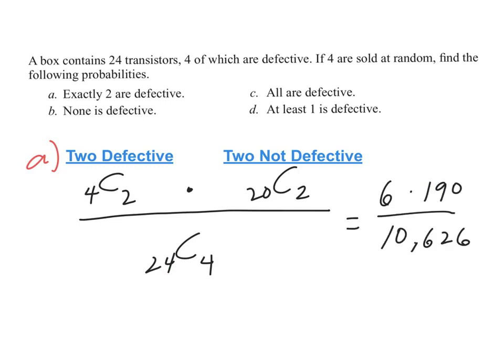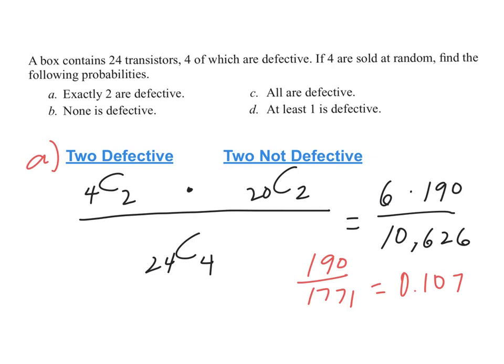10,626. Correct. Okay, so that's really what we're doing here. And if you still don't know the formula for combination to come up with these numbers, that's something you need to work on to get there. Okay. Now, as it turns out, 6 goes into 10,626, so I can reduce it down there and get